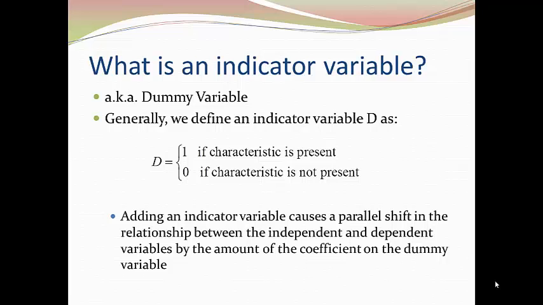So when we generally think of a dummy variable or indicator variable, we think of one that has two choices. We'll call this D, and it usually takes the value of 1 if the characteristic is present and 0 if the characteristic is not present. So adding the indicator causes a parallel shift in the relationship between the independent and dependent variables by the amount of the coefficient on the dummy variable. In other words, it captures a shift in the intercept